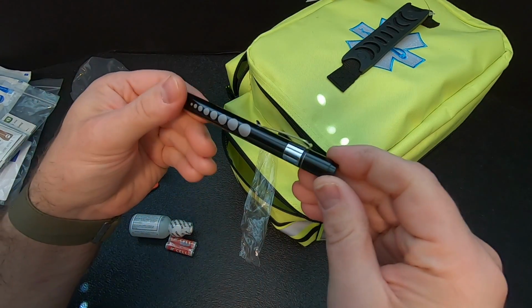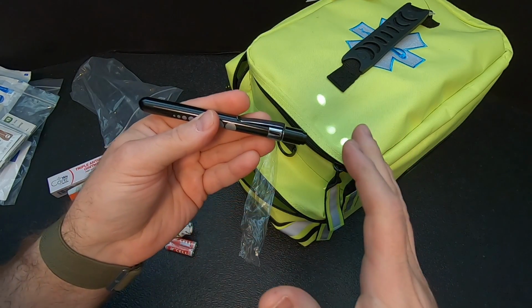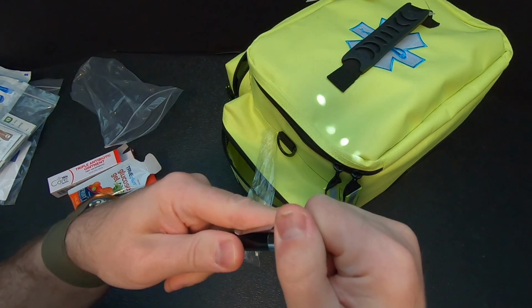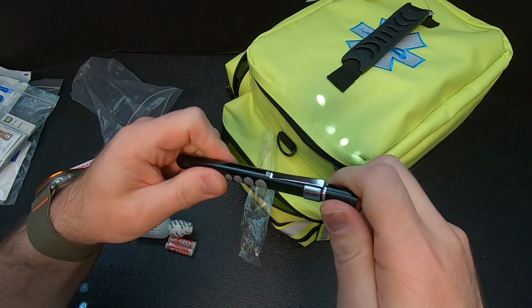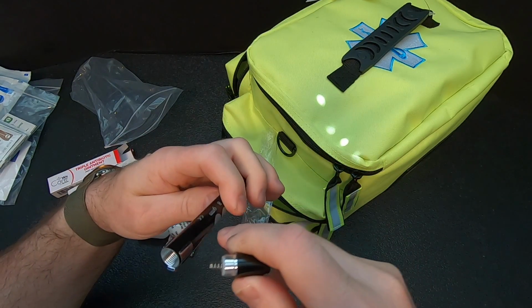It's funny, some of the stuff I'm having to figure out, which is good. If it's a first aid kit where I'm having to figure out what some stuff is, that's encouraging. That means they're putting stuff that is not your ordinary first aid stuff in there. So what is this? Okay, so